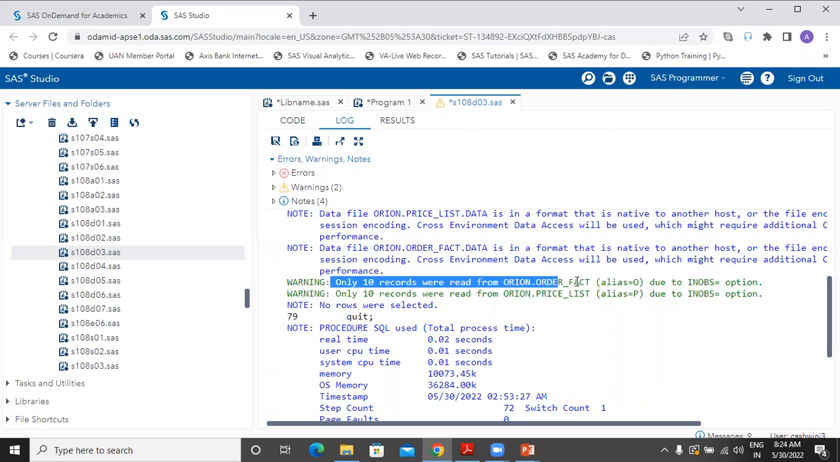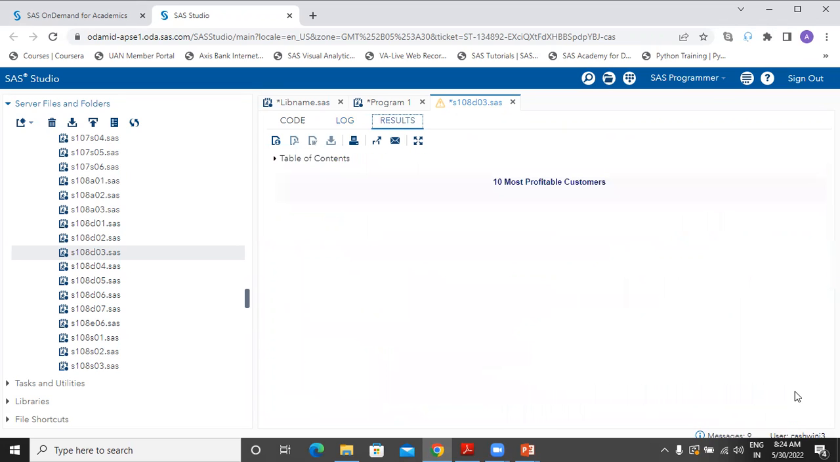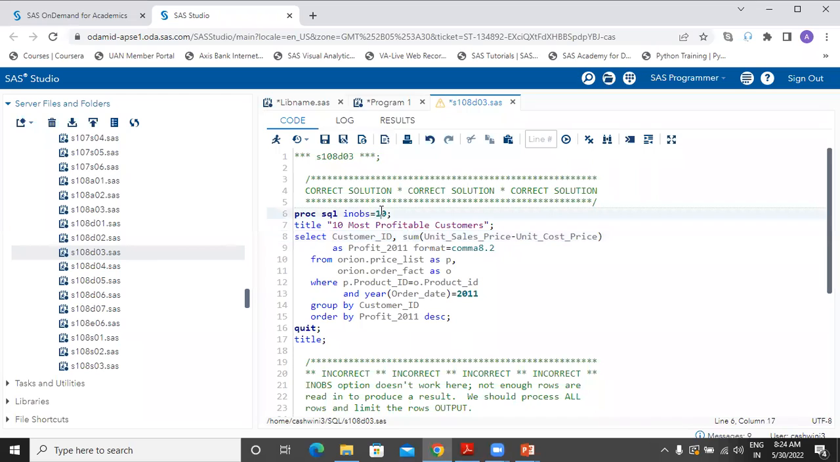Only 10 records you are querying from order fact, and 10 records from price list, but because it's a query where you are performing an inner join on the first 10 rows in both tables, there is nothing in common, hence there are no results. Are you understanding now? Yes. In case I increase this to some value